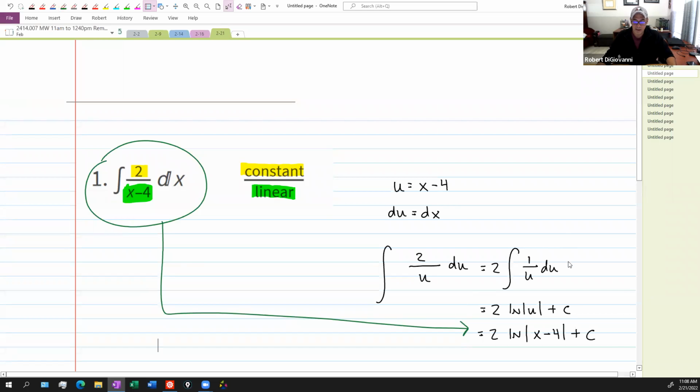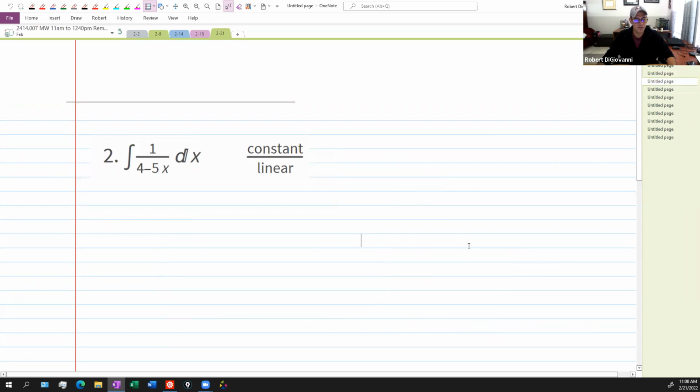Let's look at a slightly different one. Any questions there? Slightly different one here. Still have a constant on top, right? Still have a linear expression on the bottom, but notice on the linear expression, we have a -5 in front